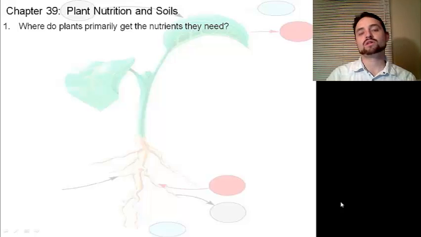Under the new AP Biology standards, plant nutrition and soils is really a small section of this chapter. A lot of the other stuff mentioned in this chapter is really just beyond the scope and sequence of this particular course. The first question, though, since we've talked about transport in plants and different things like that, is where